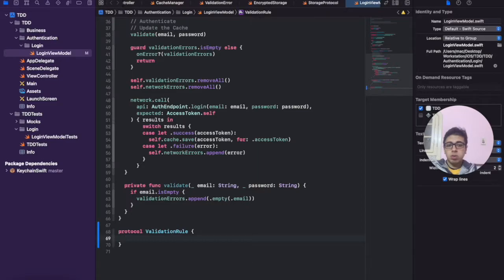This validation rule would just have to be validated. It doesn't know anything else. And that's basically it. So meanwhile, if I say I have like a validation email rule, so let's say